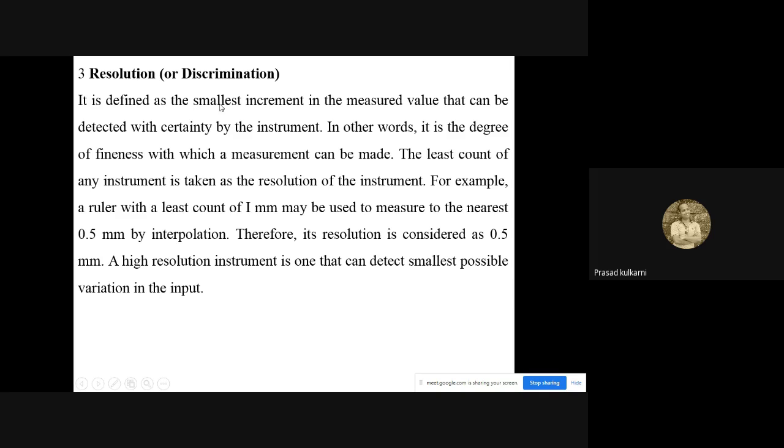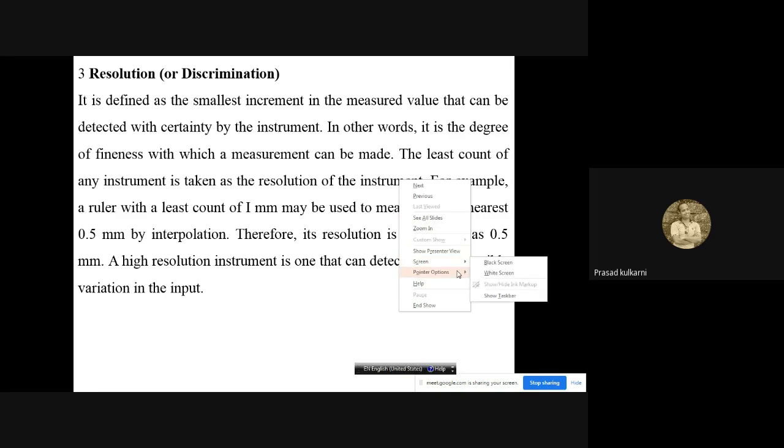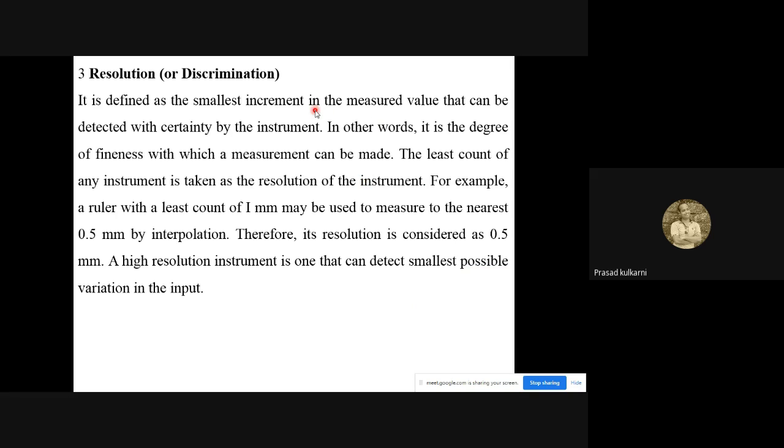रिजोल्यूशन इज डिफाइंड एज द smallest increment in the measured value that can be detected with certainty by the instrument. Once again I am repeating, it is defined as the smallest increment in the measured value that can be detected with certainty by the instrument. For example,